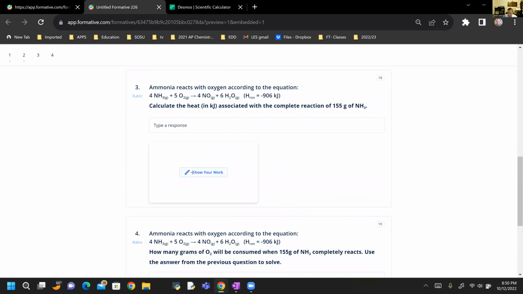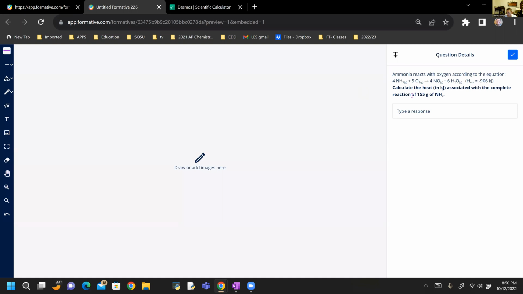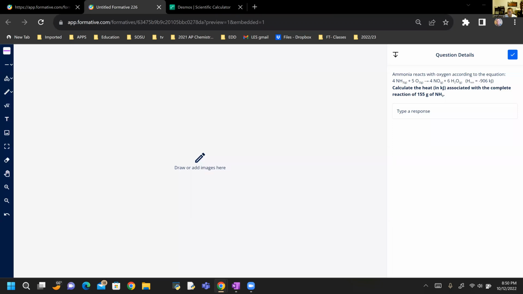So what you're looking at here is: calculate the heat in kilojoules associated with the complete reaction of NH3. Well, you should know that we're going to have to go from grams to moles, because we need to use our balanced equation, so we're going to need our handy dandy periodic table. In this lesson, I am not going to go over how to calculate molar mass for several reasons, but I will give the molar mass of NH3 here. You will need to calculate molar mass when necessary. It's just not something I'm showing in this video, as it is an easy